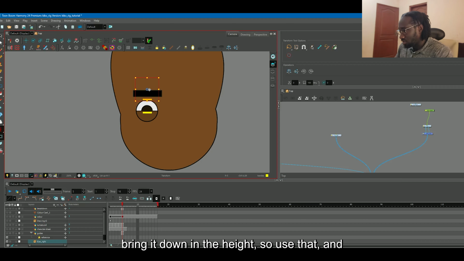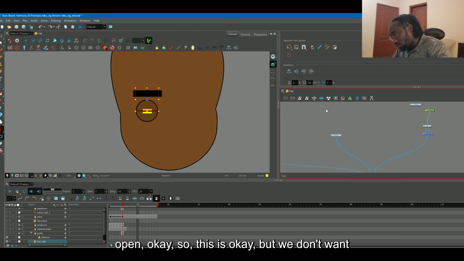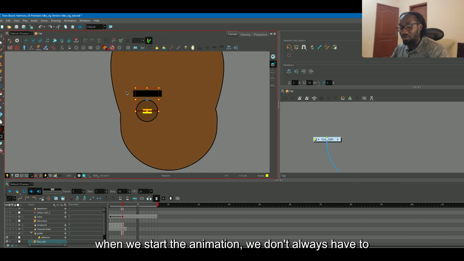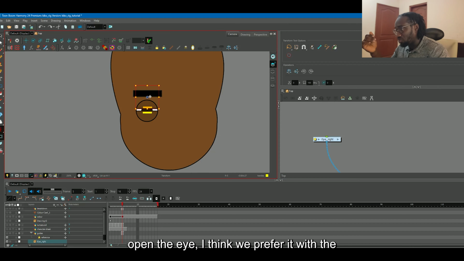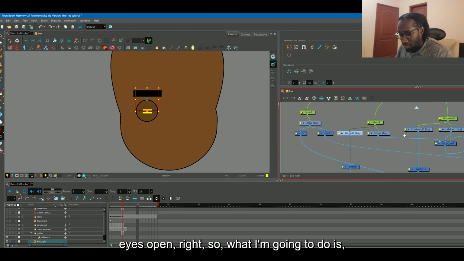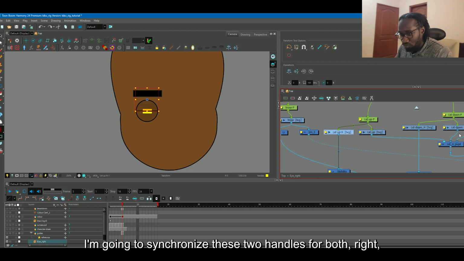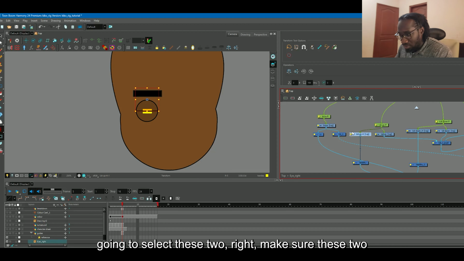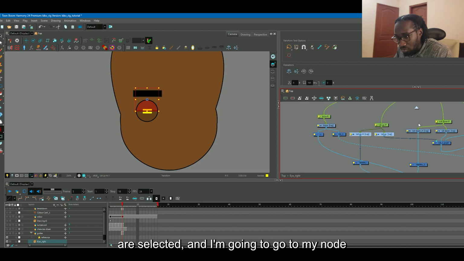So use that. Open. Okay, so this is okay, but we don't want to always have to animate with the eyes closed, because when we start the animation, we don't always have to open the eye position. I think we'll prefer it with the eyes open, right? So what I'm going to do is I'm going to synchronize these two handles for both, right? Same with this. What I'm going to do is I'm going to select these two. Make sure these two are selected, and I'm going to go to